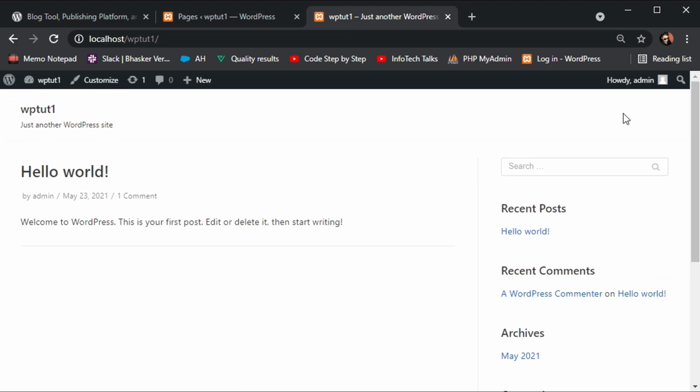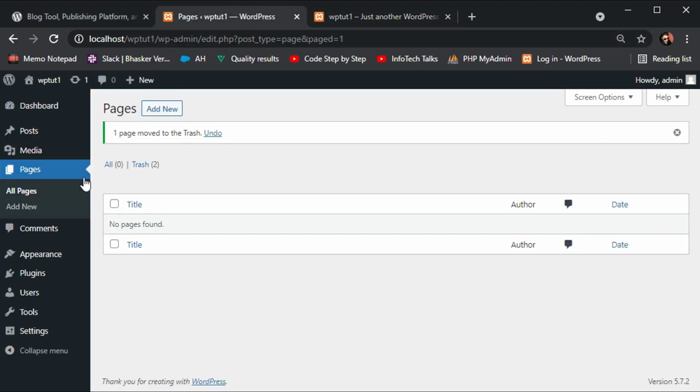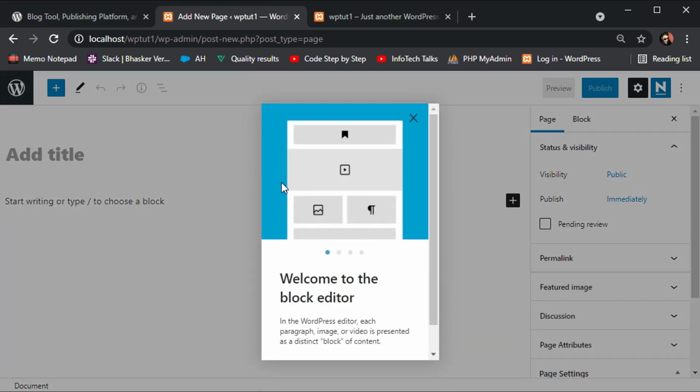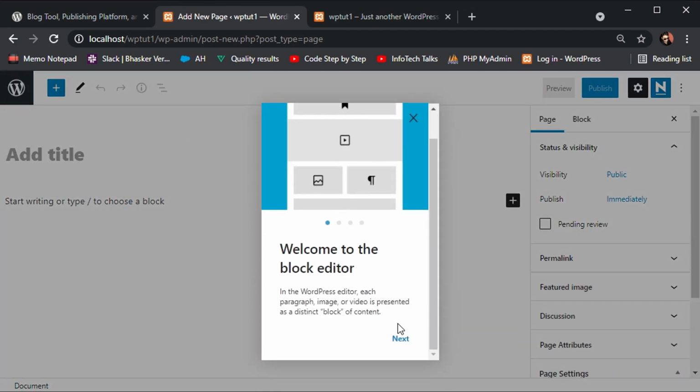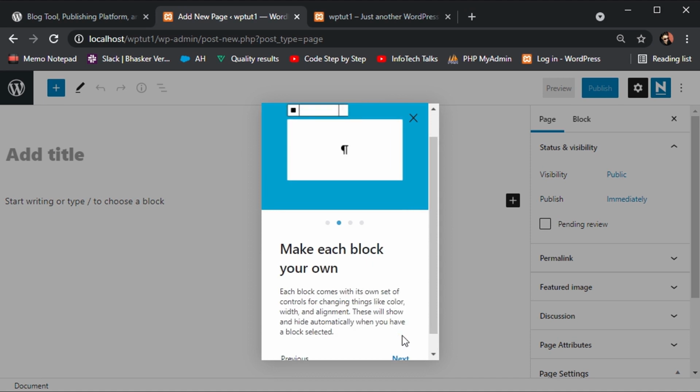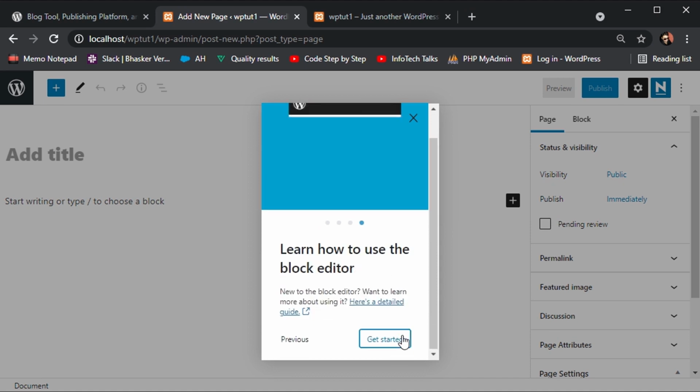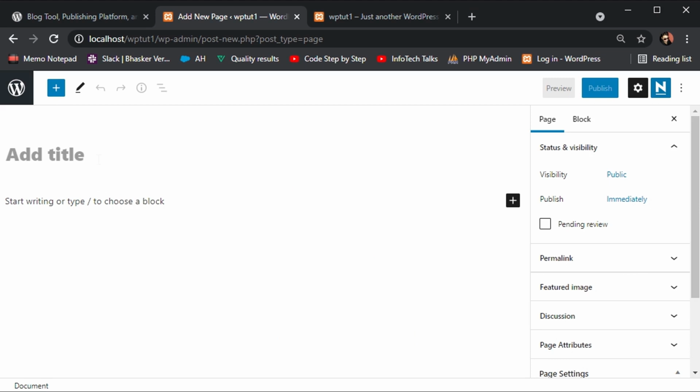Now we are going to add three pages one by one. You can see the Add New option here. Simply click on Add New. Then it will give you a welcome to the editor option. Simply click on next and get started. This is how you can enter the name or title of your page.